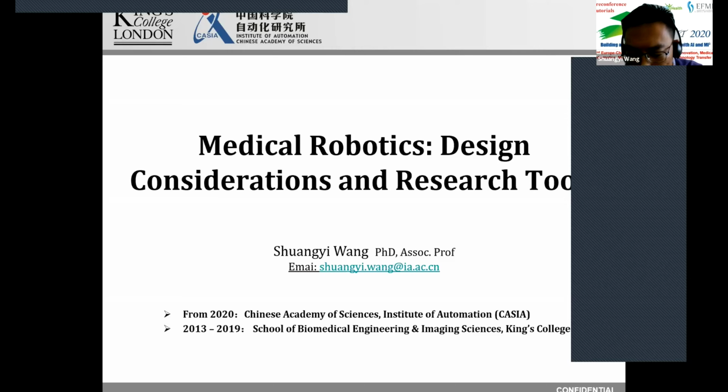For those of you who are not specifically working on medical robotics, for example, if you are working on medical imaging, medical informatics, I'm quite certain that in the following couple of years, you will have much more opportunity to work together with a robot because this is really a fast-growing field. So I would hope that this tutorial will give you a very fundamental understanding of medical robotics, and what are the things that you need to consider if you are going to work with